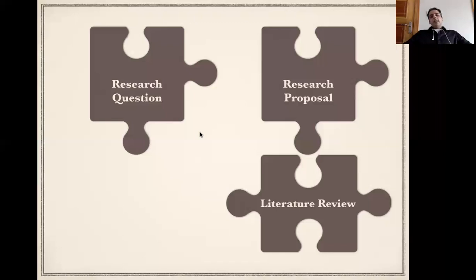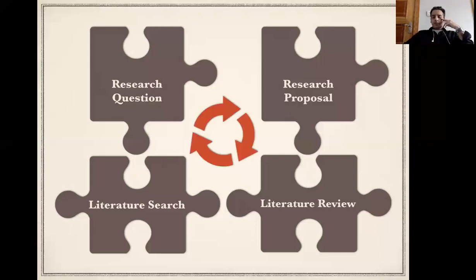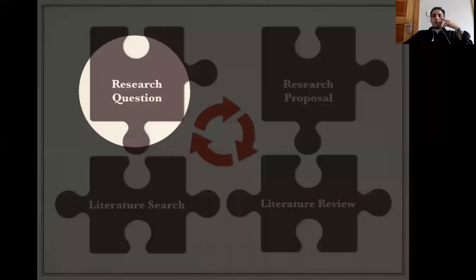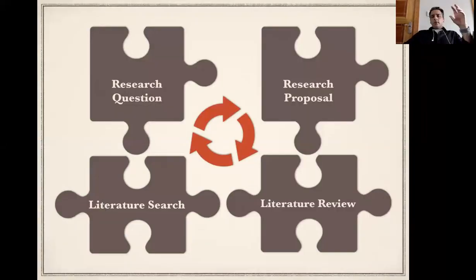Let's go. The literature search and the whole process of literature review, it's a combination of these different elements, and it's incomplete if we are missing any of these steps. We have a research question, we also have a research proposal. This is not everything about research, so I've just highlighted the basic ones. We do the literature search, we have this process of literature review as well. So all these four, 1, 2, 3, and 4, they're all interconnected. So if I say, okay, the research question is the first step, research proposal is the second step, I would be wrong, because they're all so well connected, and it's a two-way traffic.